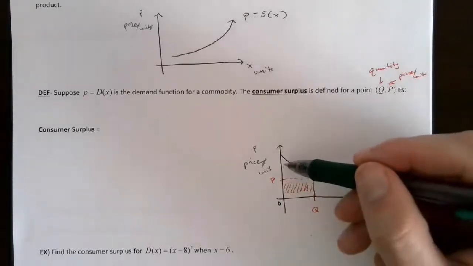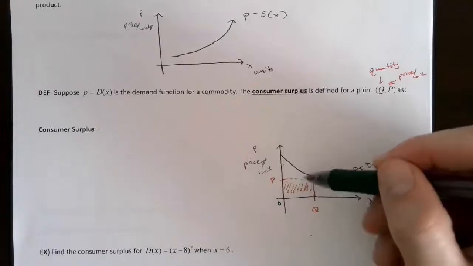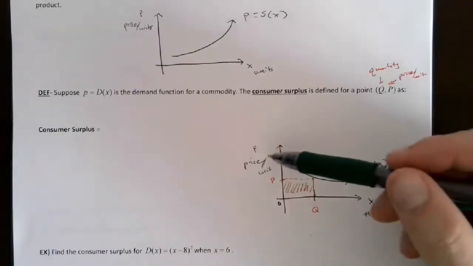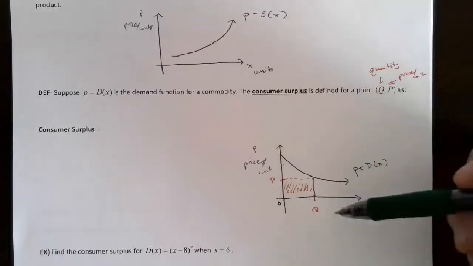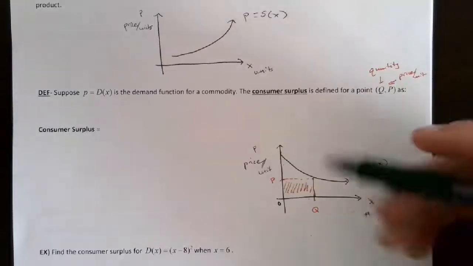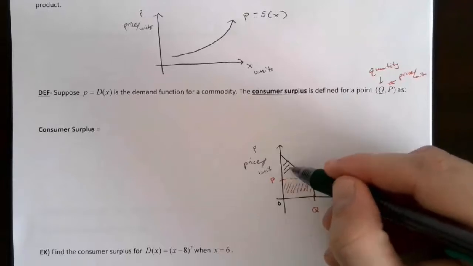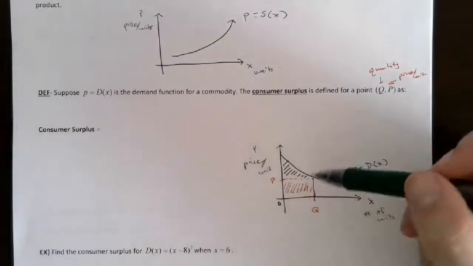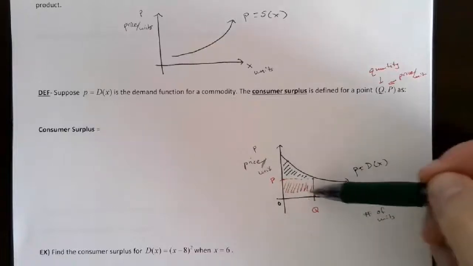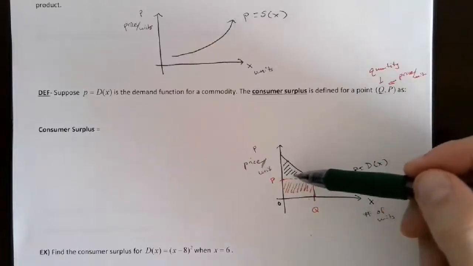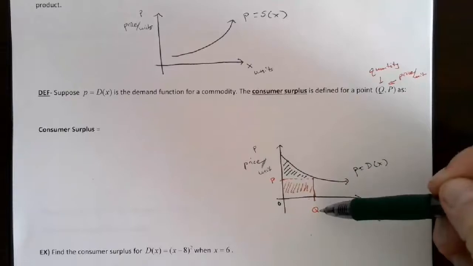So you've actually got the whole area from the curve down up until q, because if you take the integral of this, which is in price per unit, you would get the price that they should have paid for q units. Well, this part up here, this little part I just drew in green, that's the difference between the area under the curve and the amount that you paid. In other words, this is the extra value you're getting